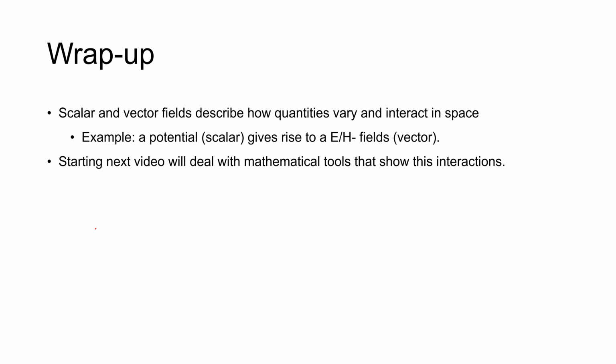Let's wrap this up. A scalar and vector field describe how quantities vary and interact in space. For example, a potential difference, which is actually a scalar, can give rise to electric and magnetic fields, which are vectors. Another valid example, which may be much easier: if we have water in a highland,